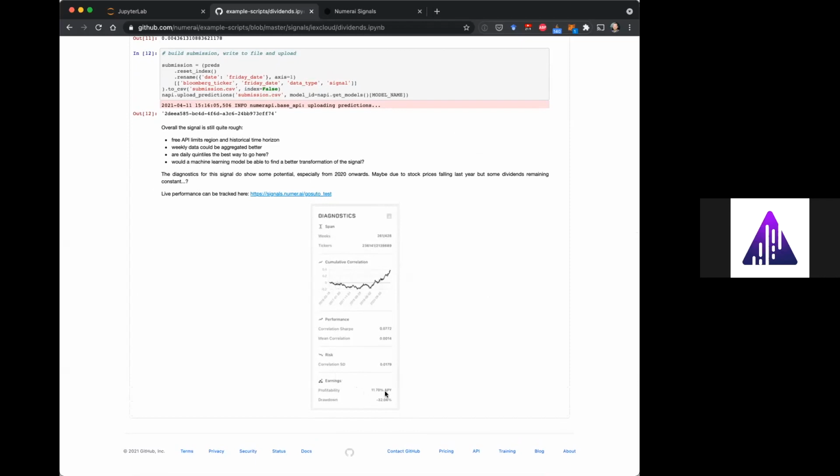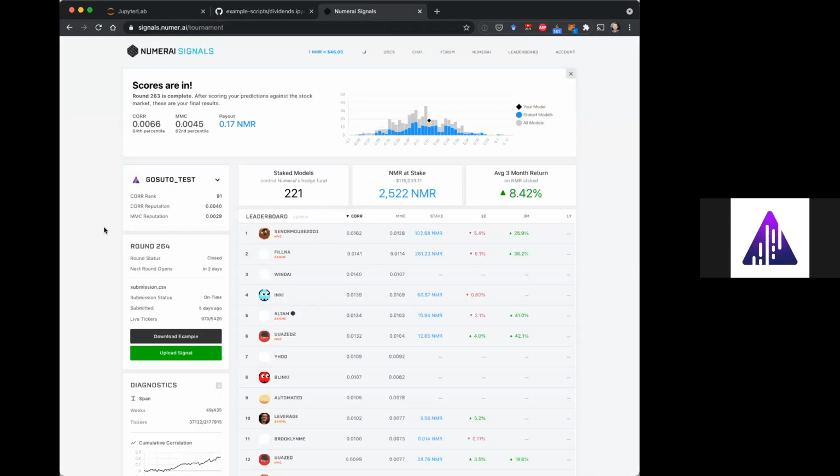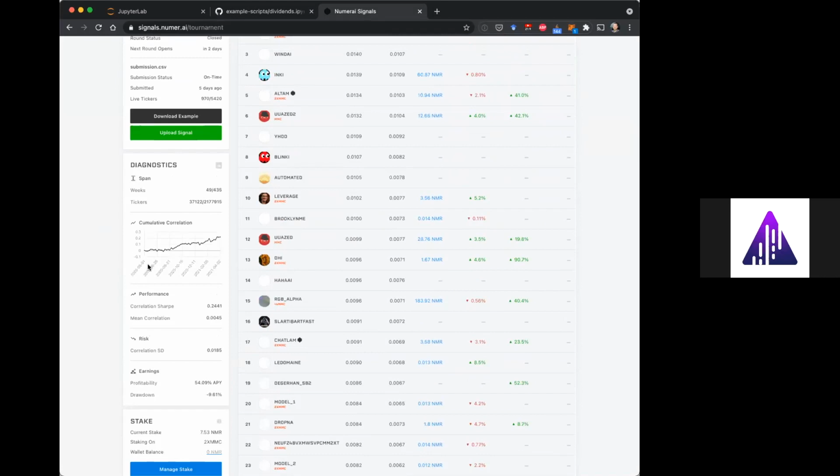It's only 11% APY with quite a big drawdown. But this is the last submission, and instead of taking the last 5 years, I only take the last year. And here you see that it's already getting a lot better. Barely any touching negative on the cumulative correlation.